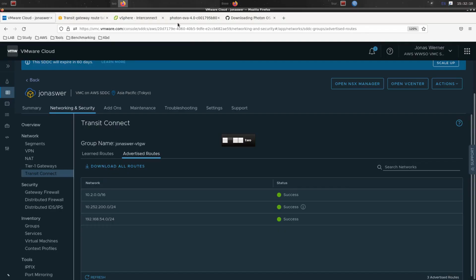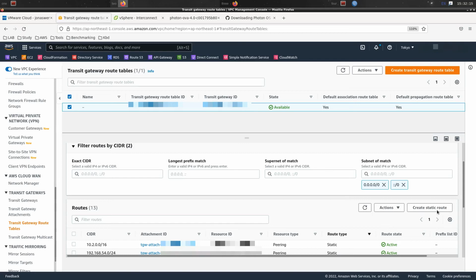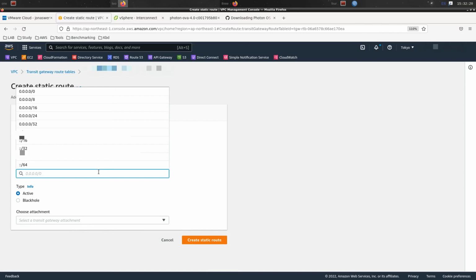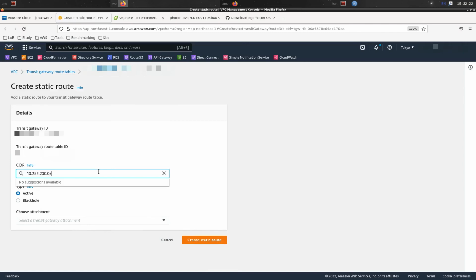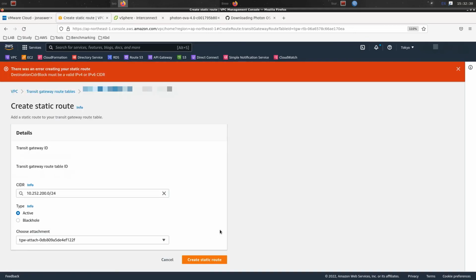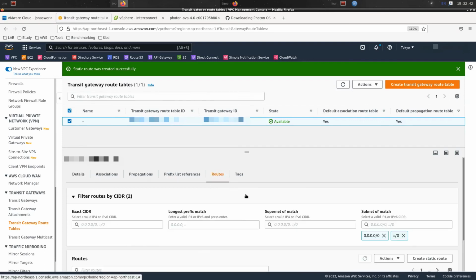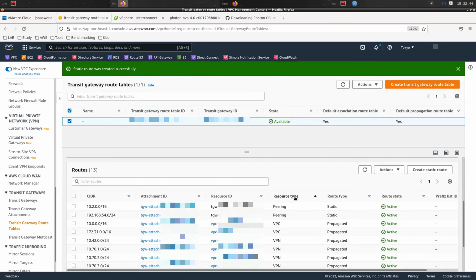And I'll go into the AWS console, and I'm going to add this in. So we add this network and select an attachment for it. Sorry about all the pixelization, it's just trying to maintain some security. And wonderfully, when you copy this out, it has a space in the beginning to make it even more difficult to do this. Anyway, if you look at the routes now,